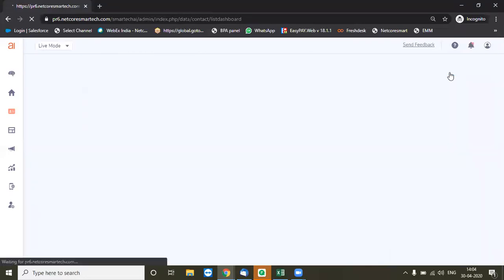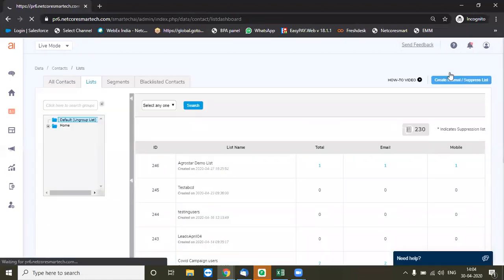Apart from that, we have two other database structures, which is a list structure and a segment structure. List basically is like if you define a group of certain similar contacts, then you have a choice to create your own group, and then in that group you can add the specific data so that you can identify the data with the help of the nomenclature that you have given to it. Ideally for each and every campaign you can use those groups. You can repeat the campaigns on them.